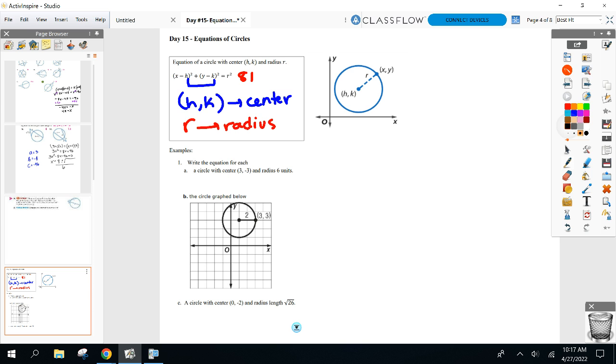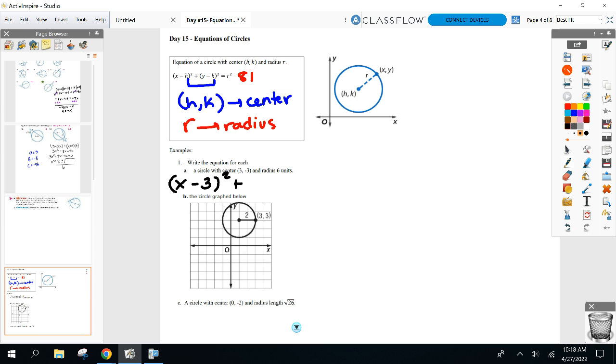All right, let's use this formula. I give you the center in number 1a and the radius length. Write the equation of that circle. All right, here we go. So first parenthesis. X. What's your x coordinate of the center? X coordinate of the center is 3, right? So 3 is your h value. So it's going to read x minus 3. See how I put the 3 in there? Because that's the x coordinate of the center, your h value. Squared